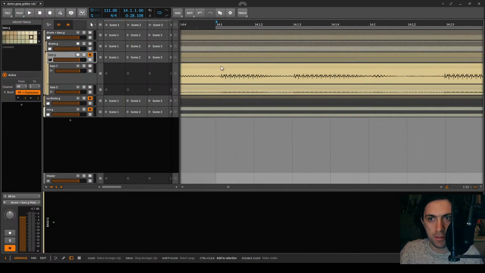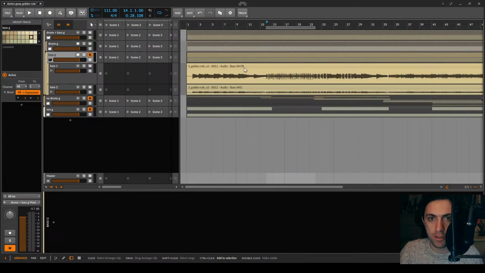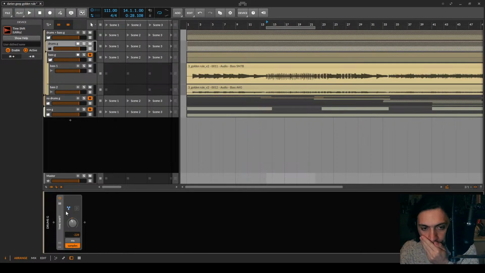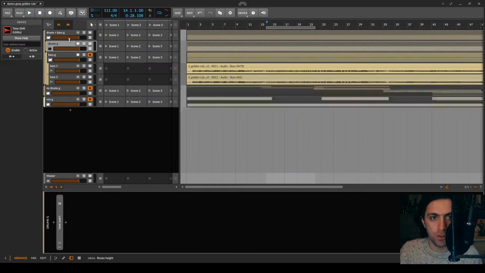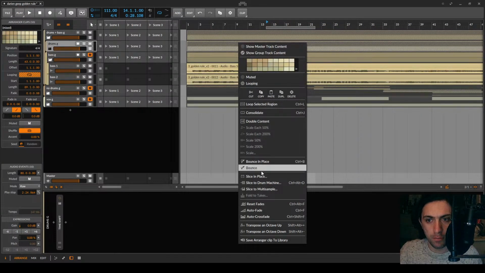No, the bass line comes late. And then here it comes pretty much on point. Okay, the bass line is not always on the 1, but it's usually coming on point. So this whole delay compensation thing doesn't seem to have made sense for some reason. Let's bounce it without it.